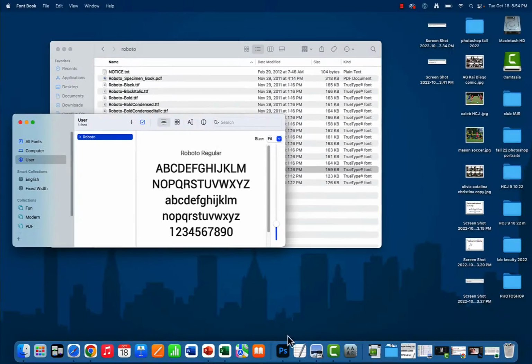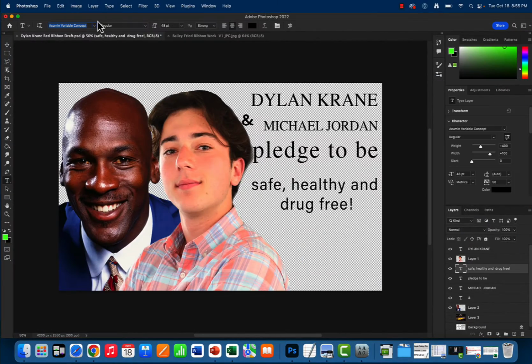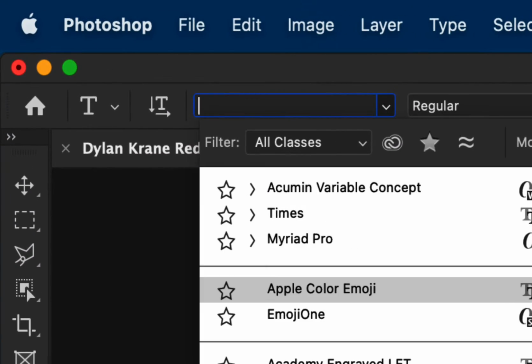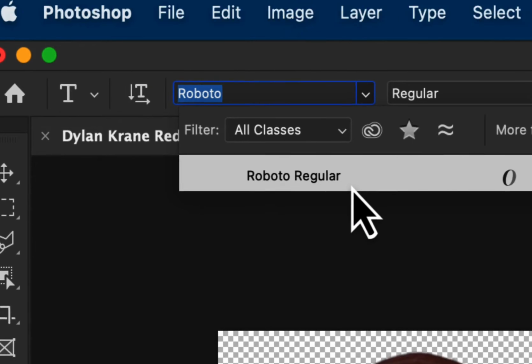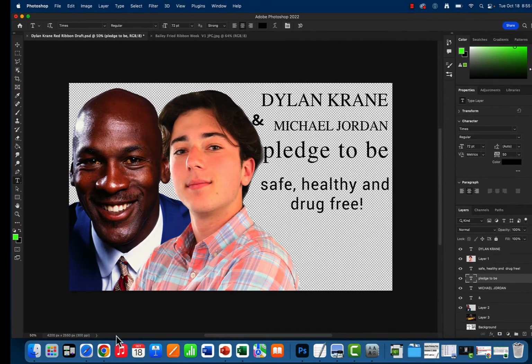And now here's what I know. I'm going to return to Photoshop, and I'm going to highlight the fonts, and I'm going to type in R-O-B-O. And there we got Roboto regular. And there it is. There is our new font. If I click pledge to be, and I'm going to press OK, and we're going to return to